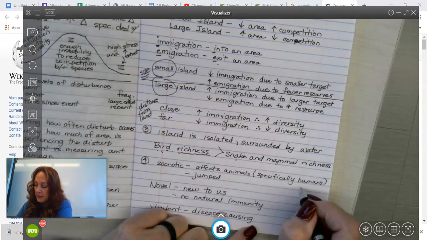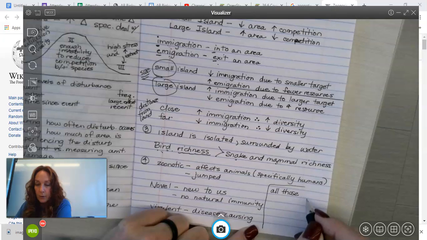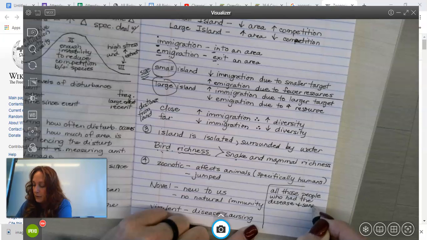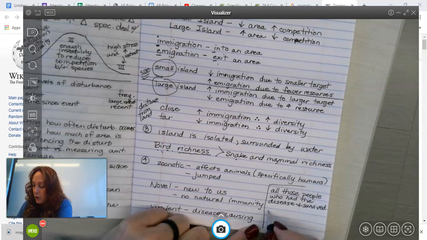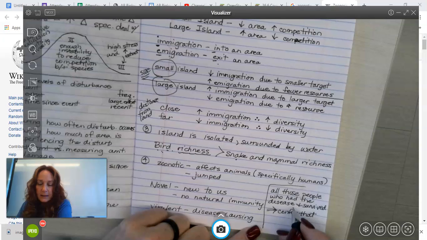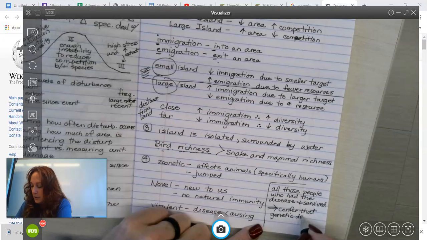But to specifically answer that question, all those people now, all those people who had the disease during the pandemic and survived are going to have some type of, hopefully you can go back and say there's a reason for that, sometimes it's just chance, but that they survived, they're going to confer whatever that selective pressure selected for, that predisposition or that genetic disposition